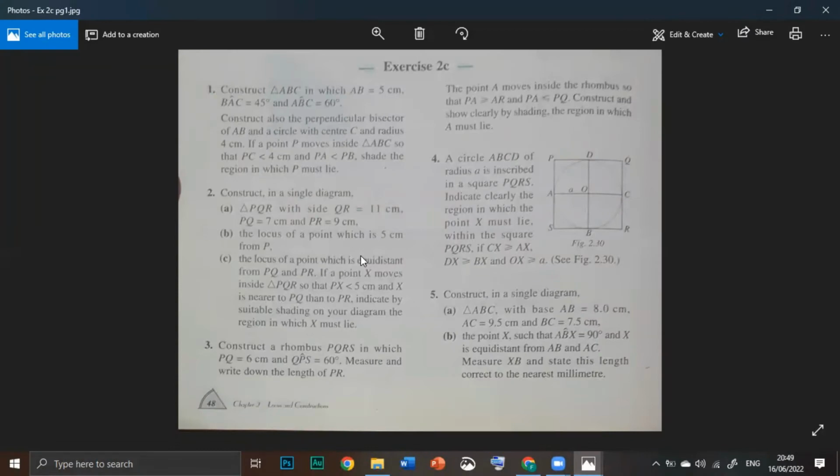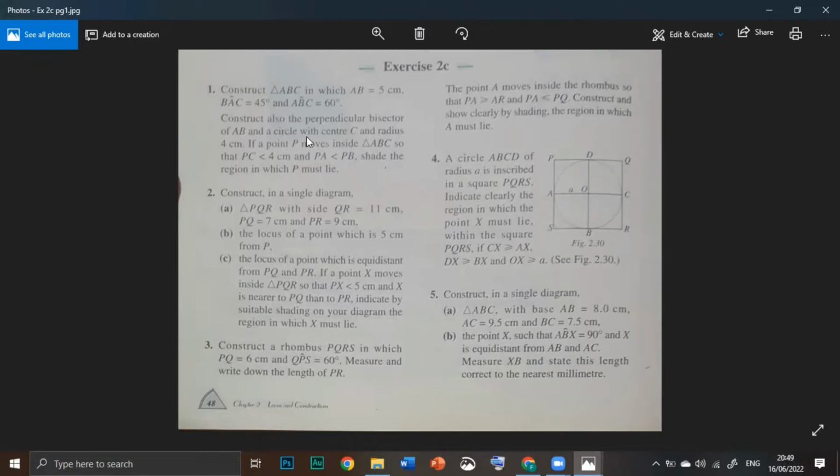Today we will learn how to shade the required region in the question of a locus. Question number 1: construct a triangle ABC in which AB is equal to 5 centimeters, angle BAC is equal to 45, angle ABC is equal to 60. Construct also the perpendicular bisector of AB